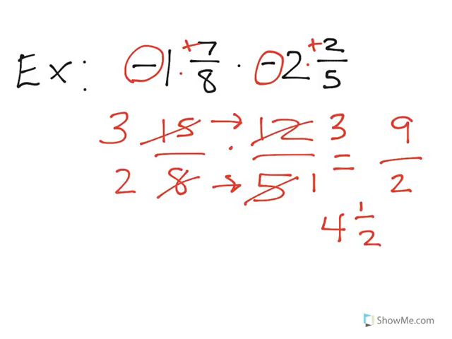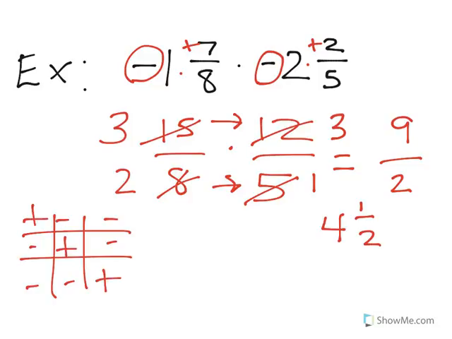Now let's deal with the negatives. So again, with that tic-tac-toe board, we got the pluses in the middle, minuses everywhere else. So when we're looking at this, we know a negative times a negative is a positive. Or again, if you have 2 negatives, they kind of cancel each other out. Think of those hand motions that I do with the 2 negatives that turn into a plus sign. So it's going to be a positive 4 1/2. I can put that plus sign, or I don't even have to put it there, so I can even erase that. So my answer is